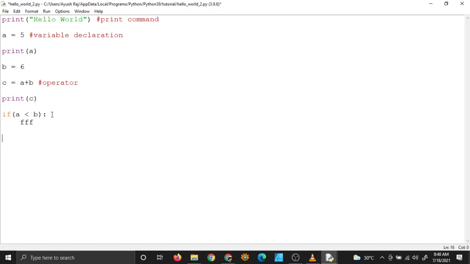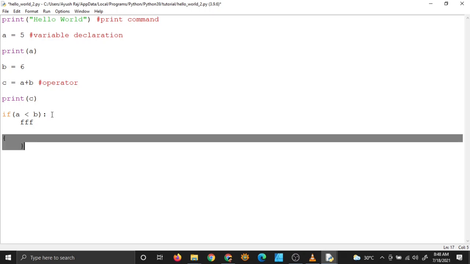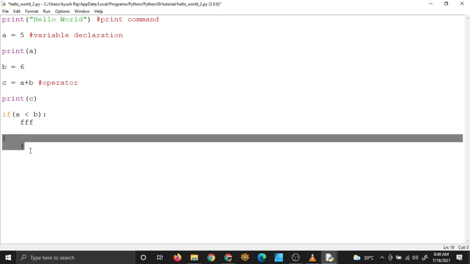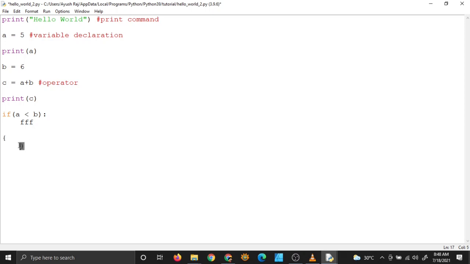You may remember, if you have done programming before, you may remember this type of statement, right? This curly bracket. So within this curly bracket, we say that there is a block, right? So similarly, in Python, blocks are denoted by this.